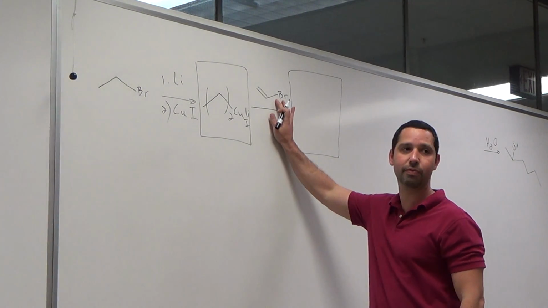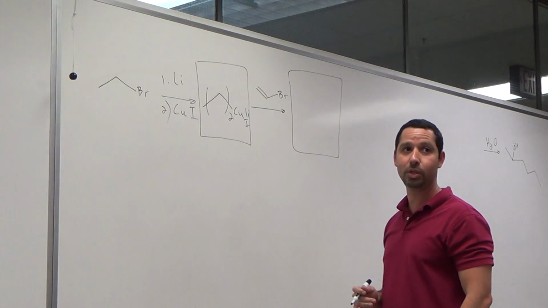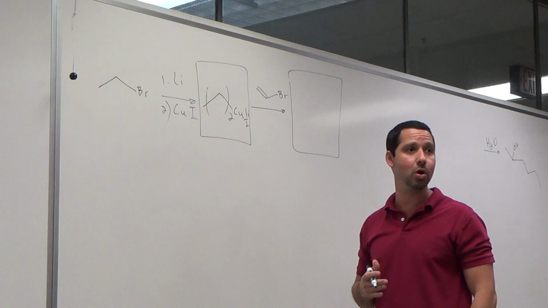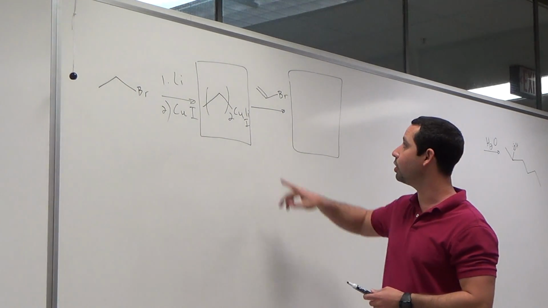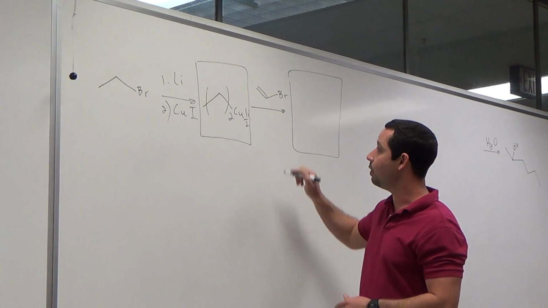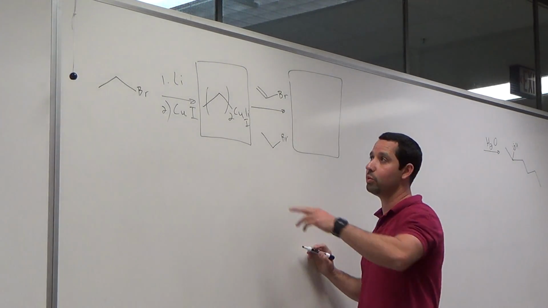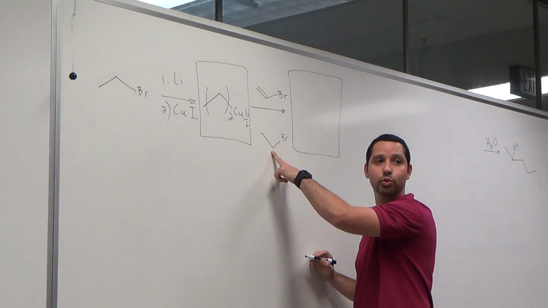Can this be the nucleophile once again? It cannot be the nucleophile. That has to be the electrophile, and alkyl halides are electrophiles. The point of this question is that this is a double bond. If it had been just this, it would have been easy for you. You would have said, okay, nucleophilic substitution here.